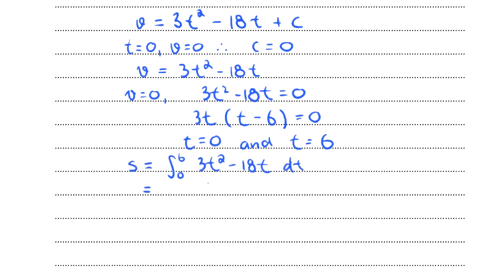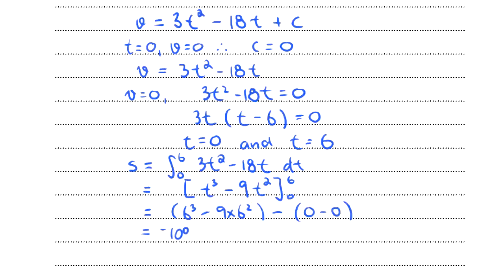So if we integrate t squared, we get t cubed. We divide 3 by 3, we get 1. And we integrate t, we get t squared. Divide 18 by 2, we get 9. And we're going from 0 to 6. So for the displacement, we are going to get 6 cubed minus 9 times 6 squared minus, it's just going to be 0 minus 0, which we put into a calculator and we find the displacement is negative 108 meters,